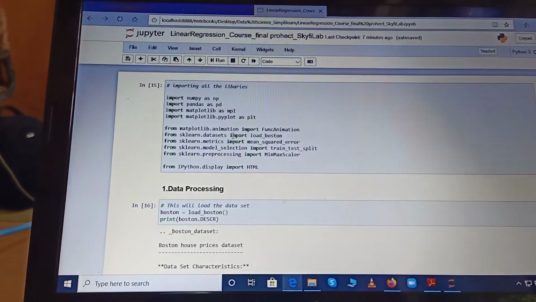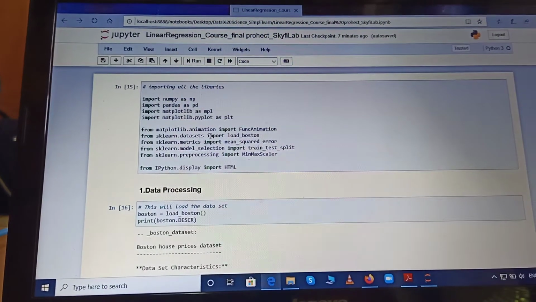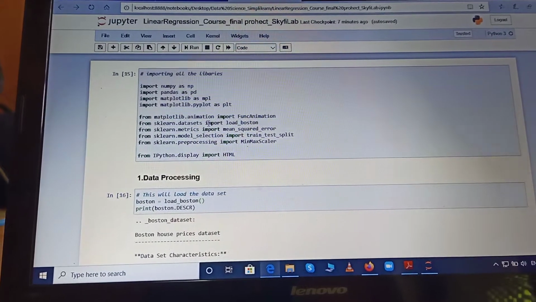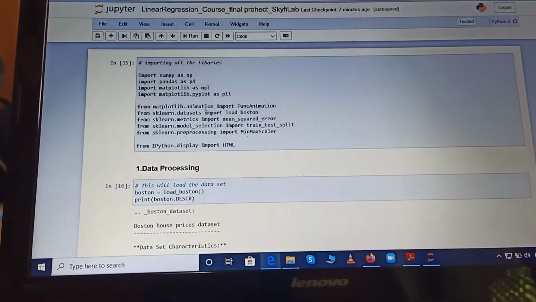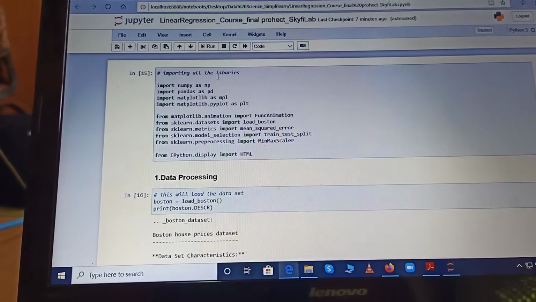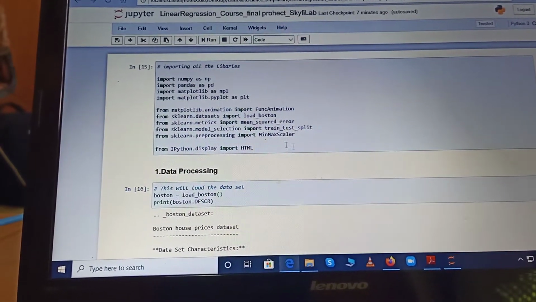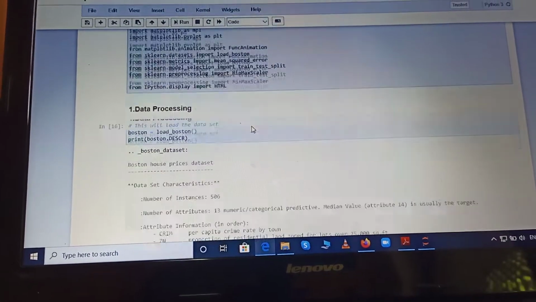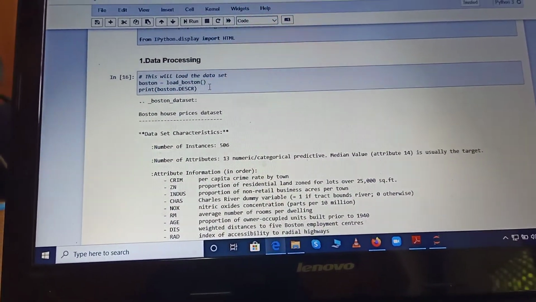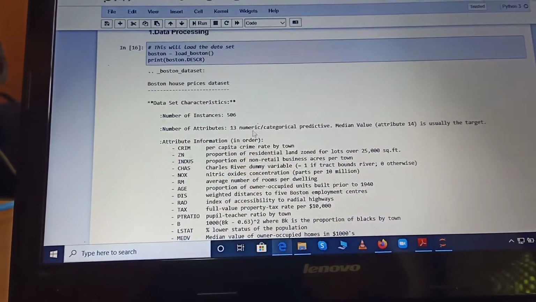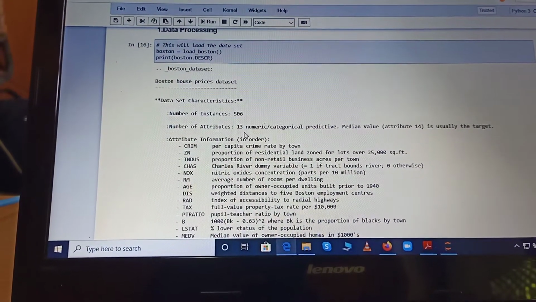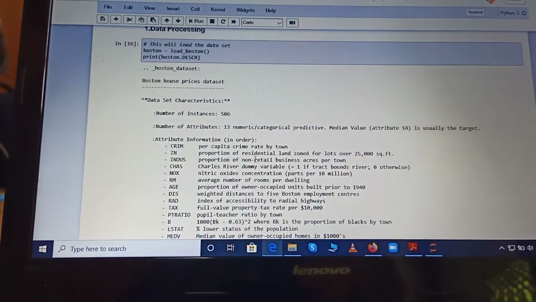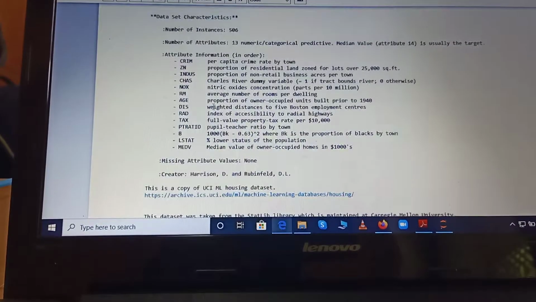In this project, the dataset of Boston houses is considered to predict the prices in the nearby areas in Boston. In the first stage, all the libraries are imported, such as NumPy and Pandas, which will help to design the program to predict the house prices. With this particular function, the Boston dataset is loaded. Here you can see 506 instances, where 13 different attributes affect the target values. These are the descriptions of the attributes.